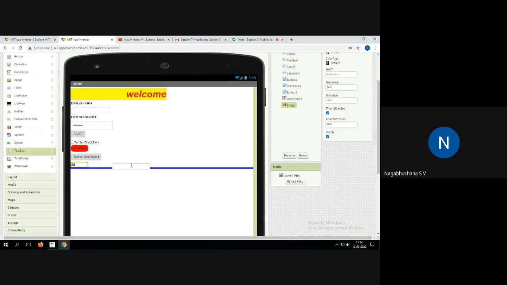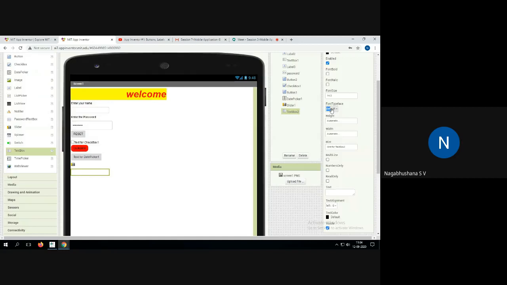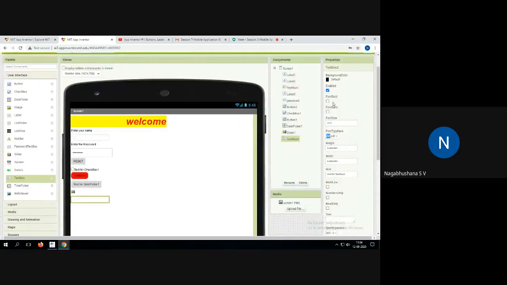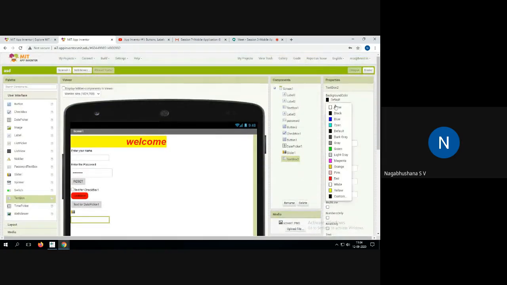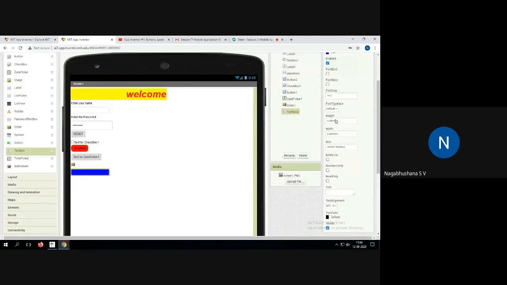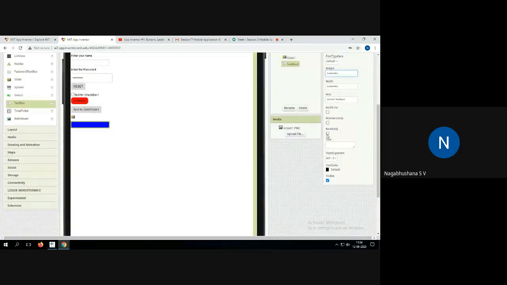So a text box can be written here, and whatever font and background color you want to give, all those things will be available. You can adjust your height, width, whether it should be multi-line text, or only numbers, or read only. Like this, you can enable whatever you want in this specific field.